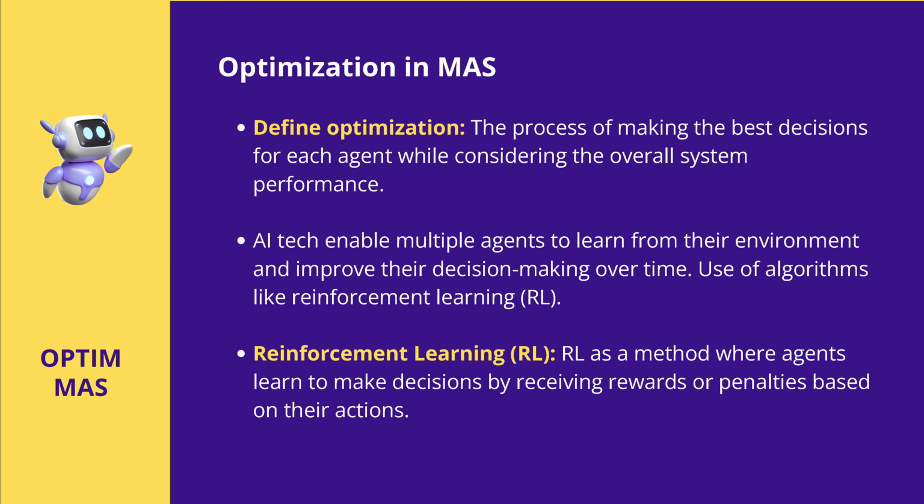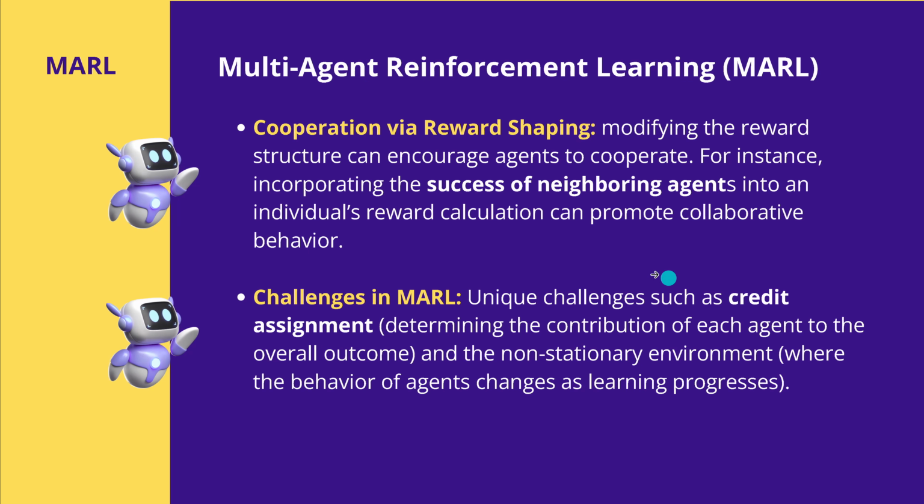And we have one algorithm, and this is reinforcement learning. We have used this for 5 years already to have this optimization step in the behavior of our agents. So reinforcement learning is a method where agents learn to make decisions by receiving rewards or penalties based on their action. A simple principle. Now, if we have multi-agent reinforcement learning, it's not so simple anymore because we have,